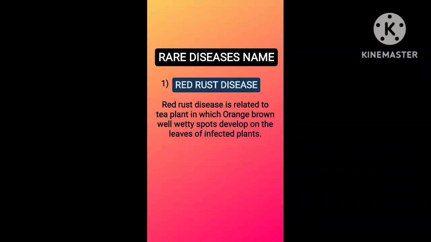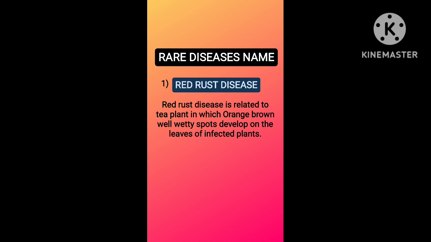So the first one is red rust disease. It is an important disease of the tea plant in which orange-brown velvety spots develop on the leaves of infected plants. And this disease causes damage which is limited to the area of algal growth on leaves, or destroying new shoots or deforming fruits. Infections begin when a spore of the algae lands on the plant surface, germinates, and then